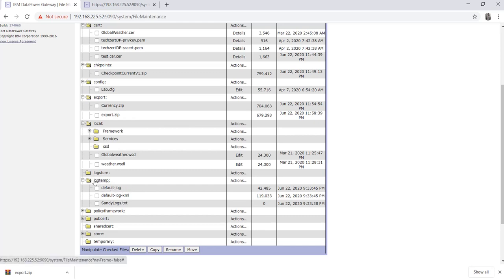As you can see, log temp has the default log for now, and if you want to create a log target in your local, we'll cover that topic in more detail whenever we create the log target, and we'll keep the log file in our log temp. Here you can create a log file so that all your logs will be stored in this file.